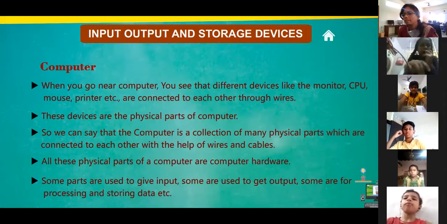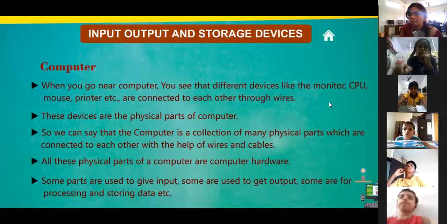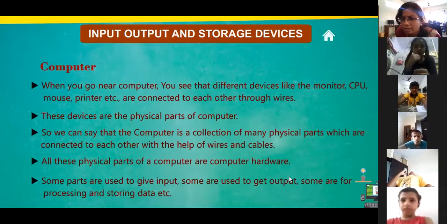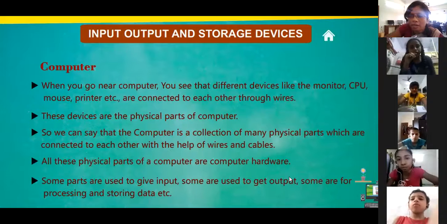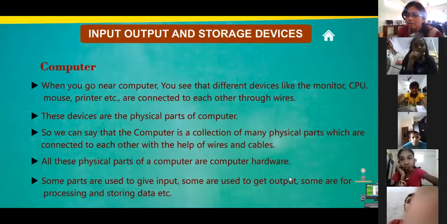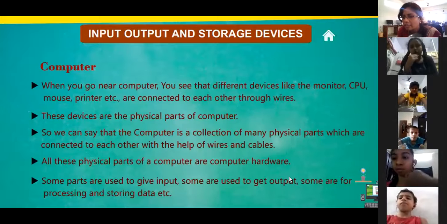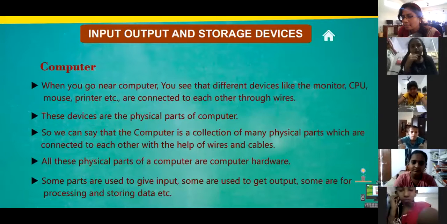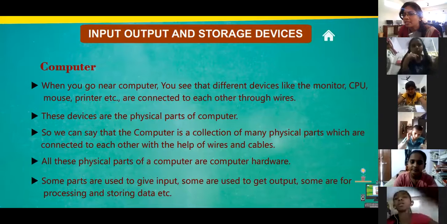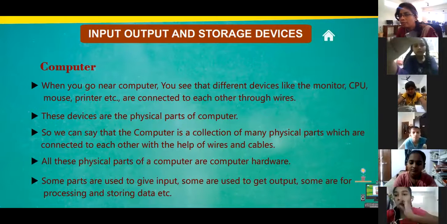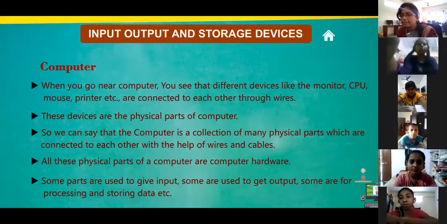Ma'am, your voice is not coming properly. Are you able to hear me, everybody? Who is not able to hear me? Please tell me your name. Sukruti, just check your network, my dear. You're sitting very much inside the house. If you're able to come near the window or main door, get proper network. Try it.